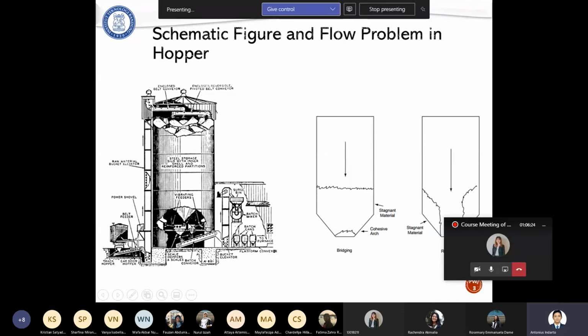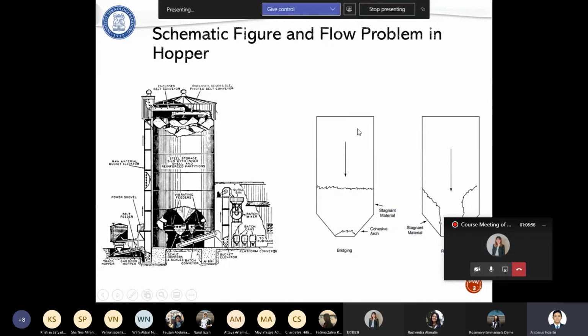At the bottom we also provide a rotating valve, which is the point where we can discharge the solid particles from this cylindrical hopper. And then we have the belt conveyor to transport the solid particles from the outlet point of this hopper to the next process.